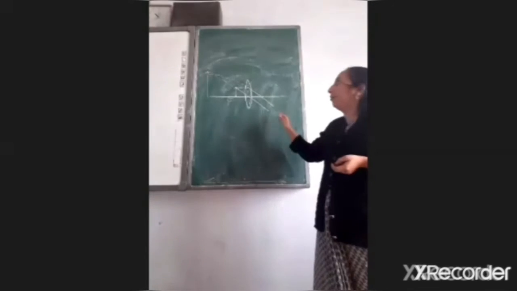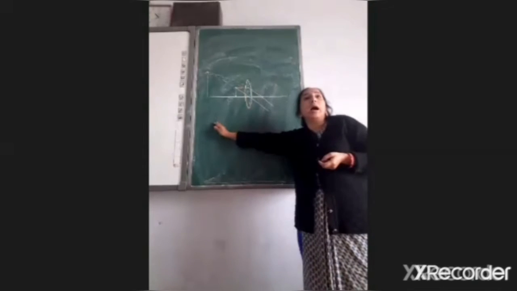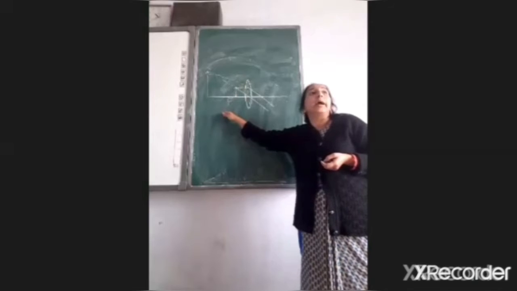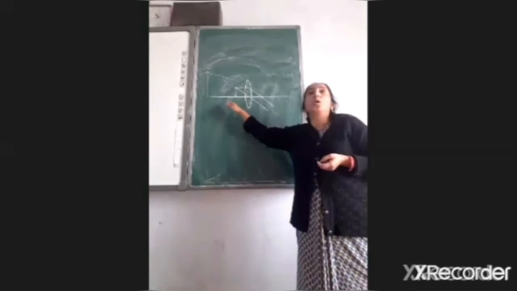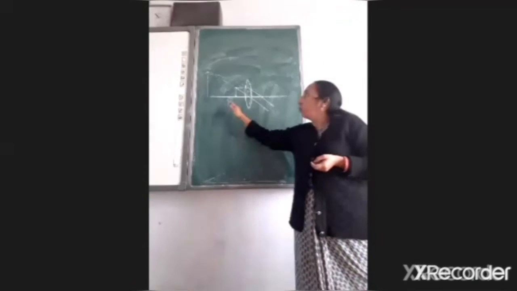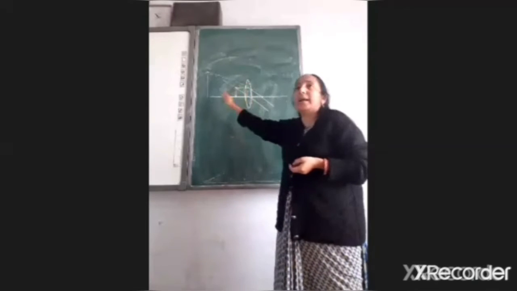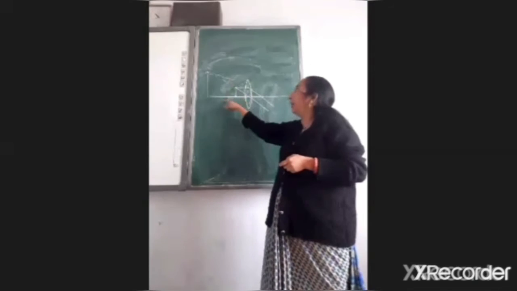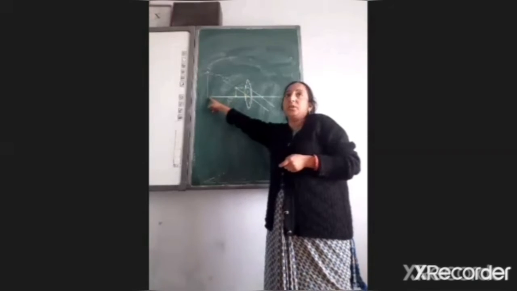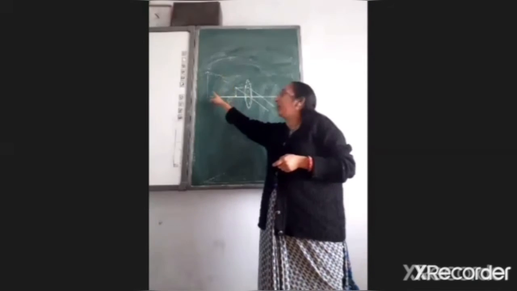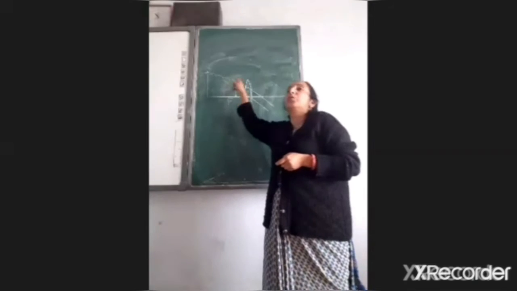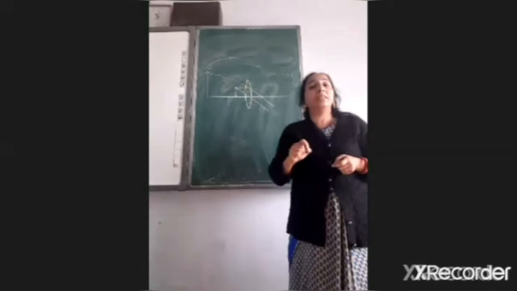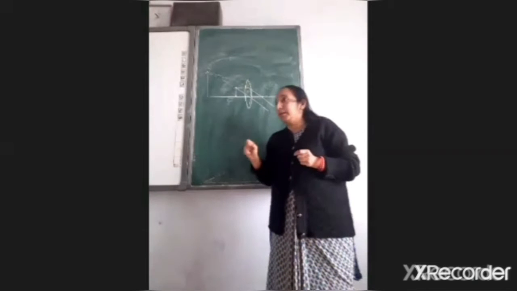So if we have the image on the same side of the lens, then either it is real or virtual. We will get a virtual image since it is on the same side, as well as a magnified image. Here we find a magnified, erect image. So that's why a convex lens is also used as a magnifying lens.